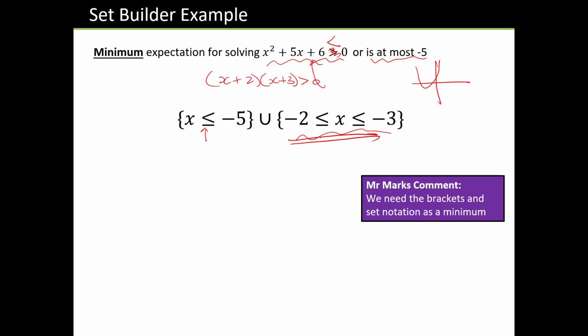All right, and that's what I'm going to go with because this is the example I've written. So you've got the brackets, you've got the union symbol as well. All right, so set notation, this is what we need. Please don't overthink it anymore. Notice I've dropped the x such that x is less than -5. Okay, this is great if you can write this,